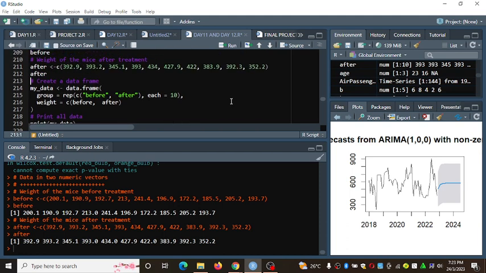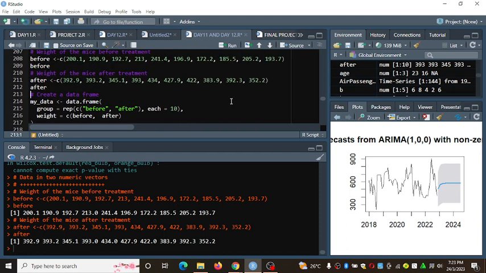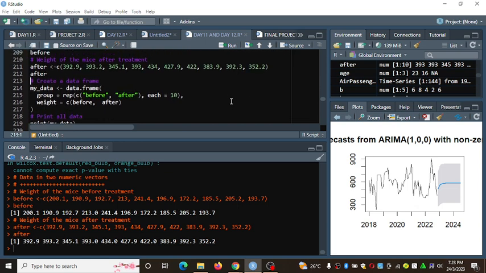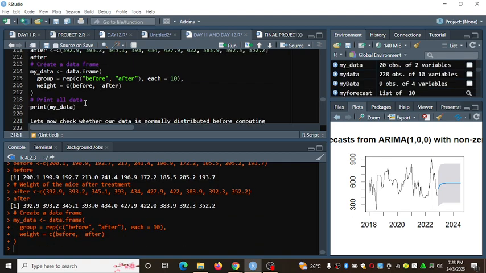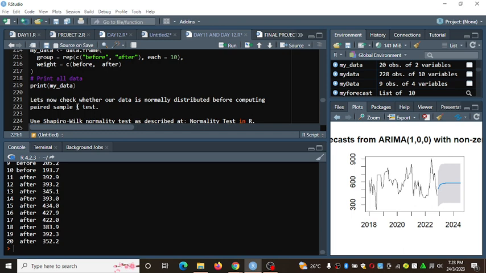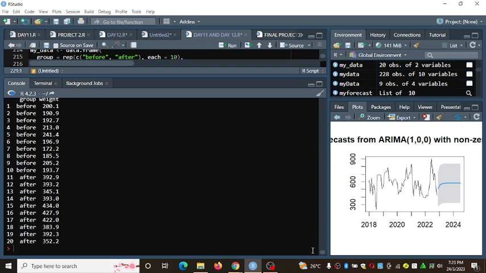Do you remember the syntax for creating a data frame? We use the function data.frame. Then we have group and the weight. From there I can call my data.